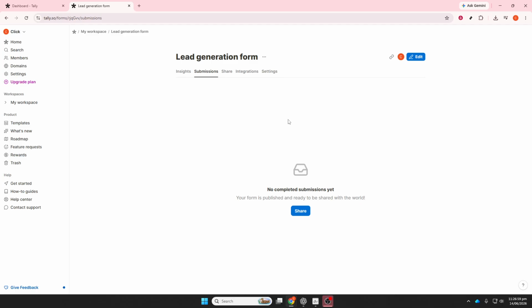Finally, to view submissions, return to your dashboard, open your form, and click Responses. From there, you can review entries, export the data,